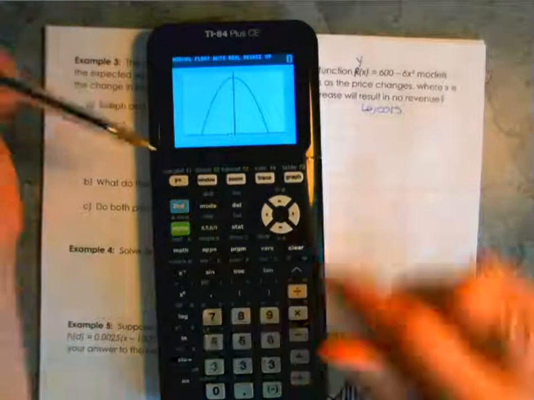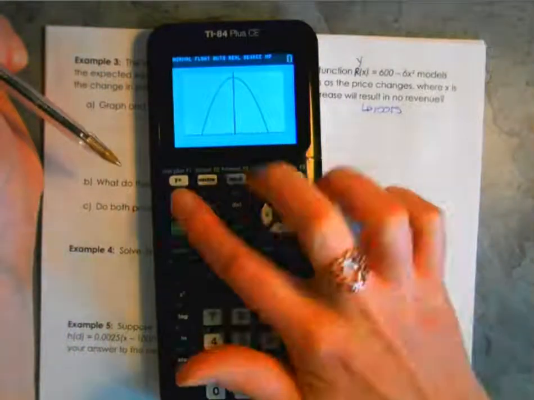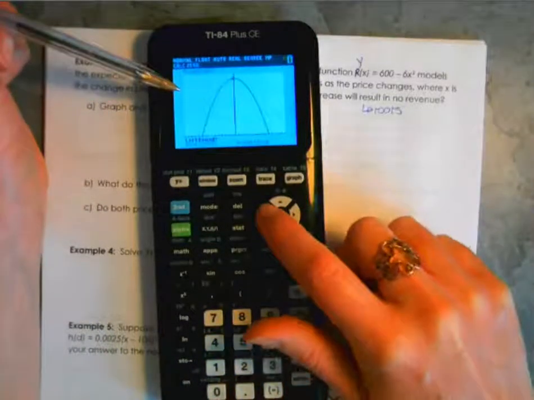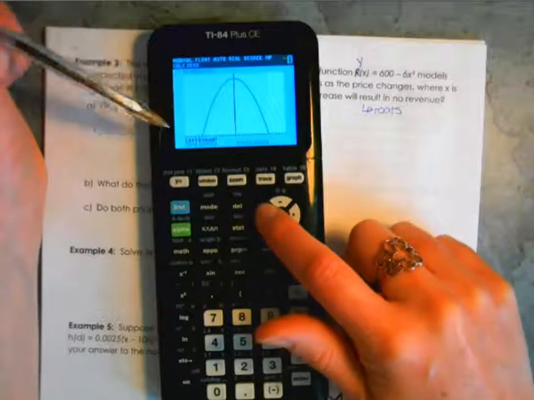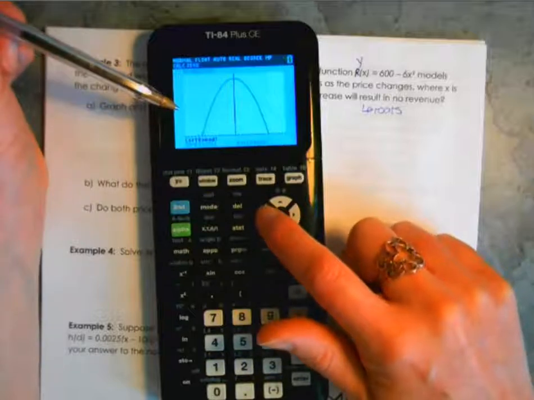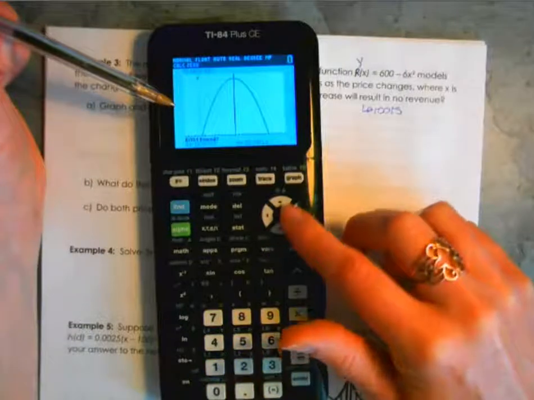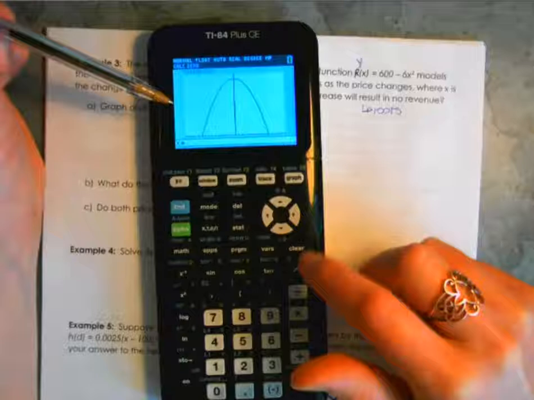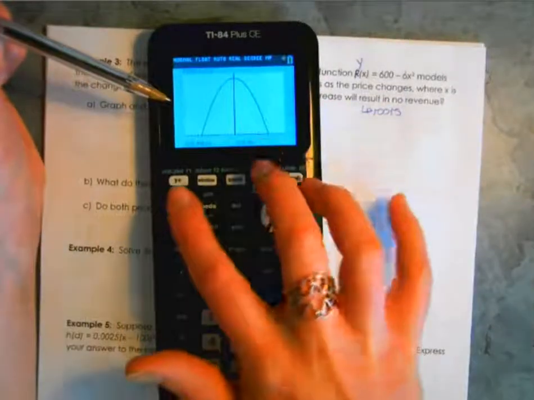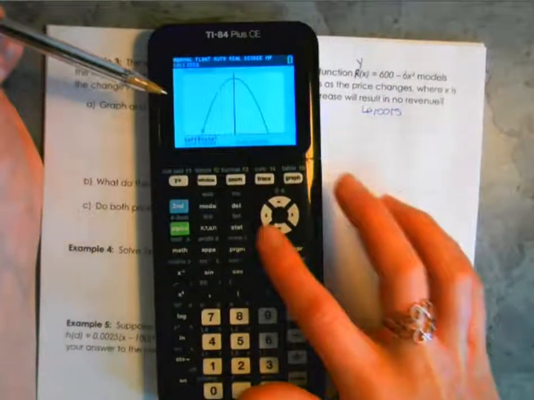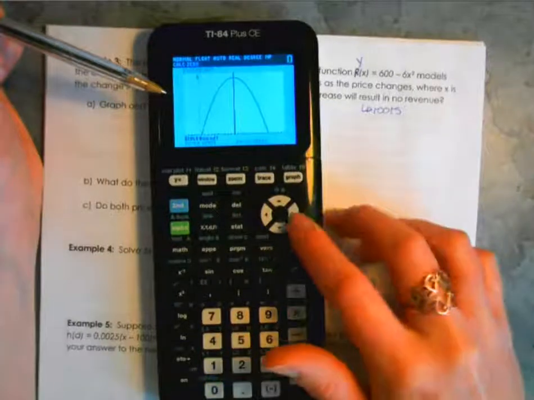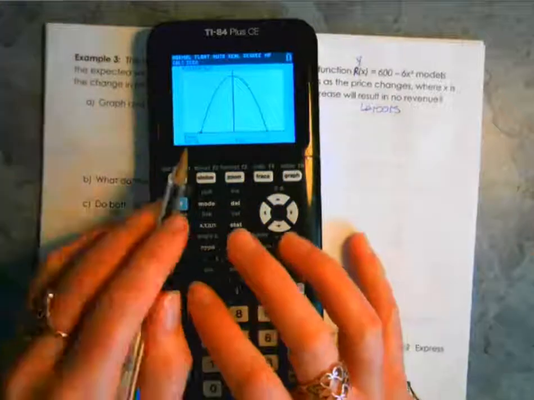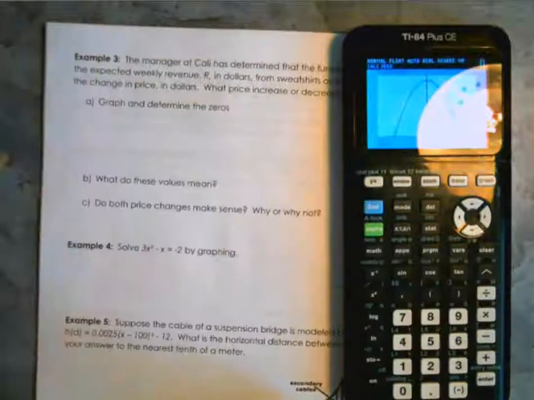Okay, so we want to determine the zeros, so remember that's always going to be second function calculate. We want to go to 0, and then for our left bound, we want to go, sure, and then right bound, oops, shoot, sorry guys, 0, left bound, right bound, and 0. Okay, so we can see our first 0,